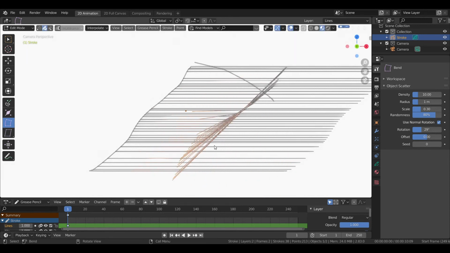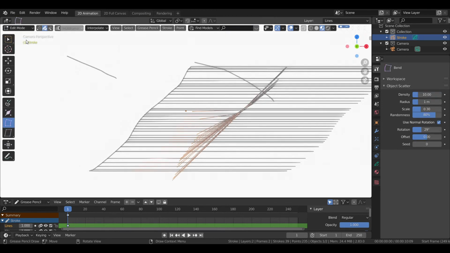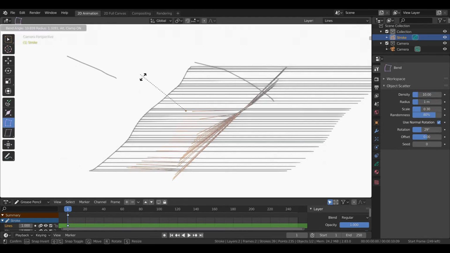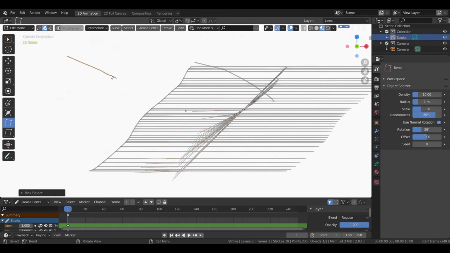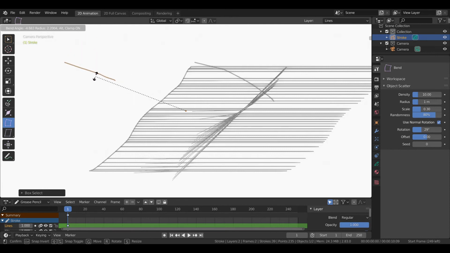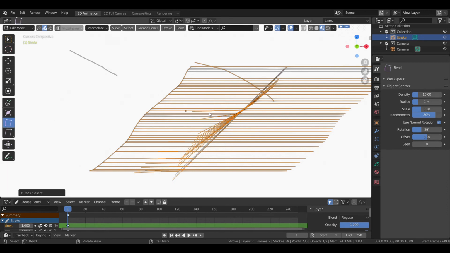It doesn't work that much, right? But when we draw a simple stroke like this, it will work much better. But when we use it on a bunch of strokes, it might be a little hard to control.